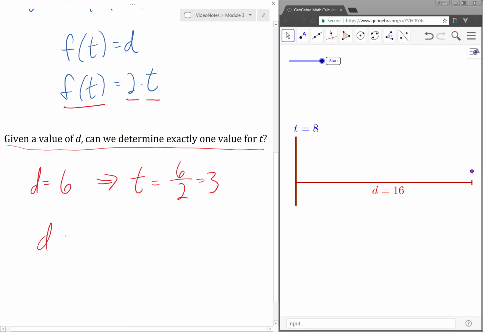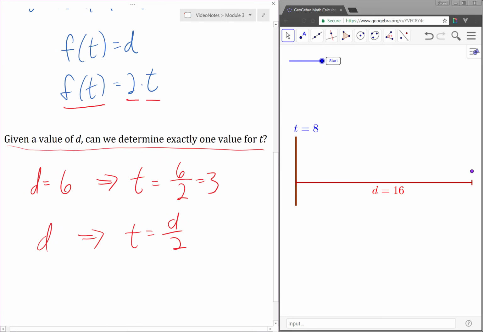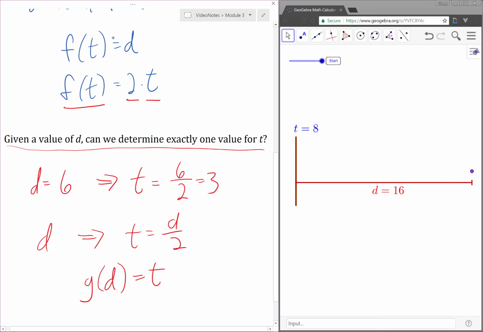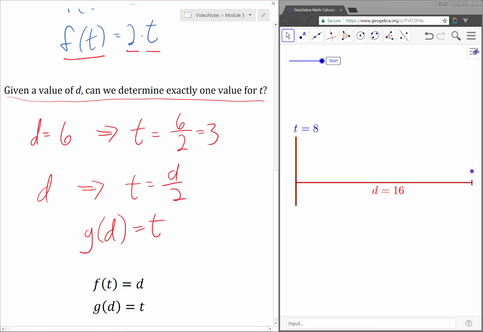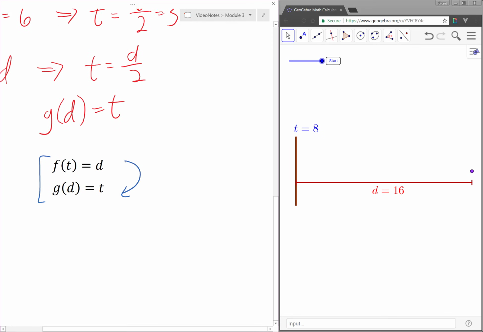Now, given any value of d, we can actually determine that t will always be equal to half of d. And in this case, t is actually a function of d. So we can define a function g, which takes as its input a value of d and outputs t. So t is also a function of d, and we can define a function to represent this relationship. If we look at our two formulas, our two functions, both of these functions represent the same relationship